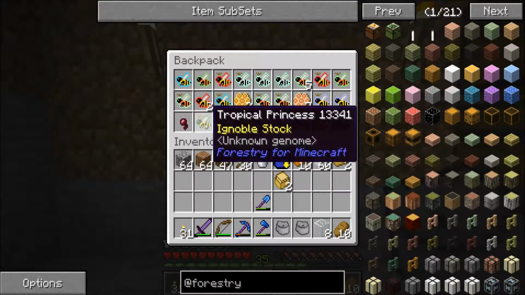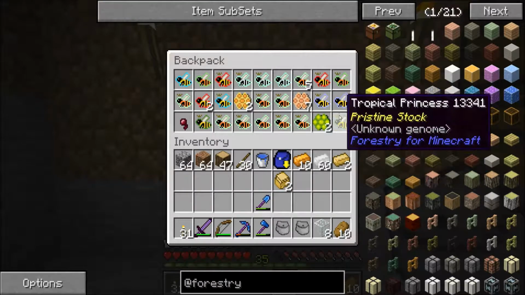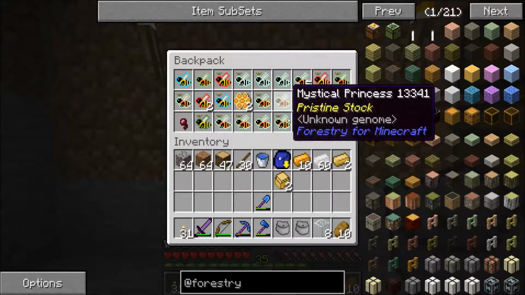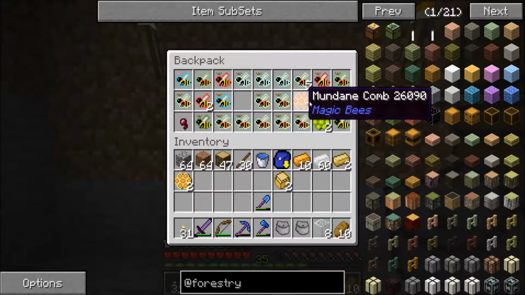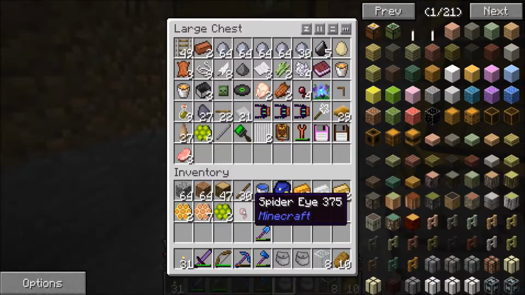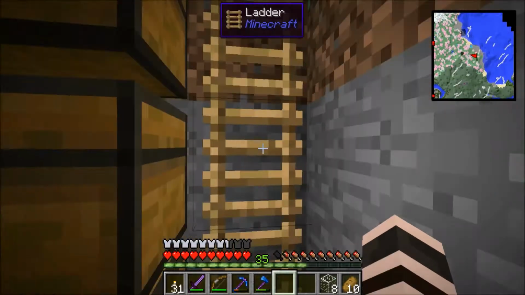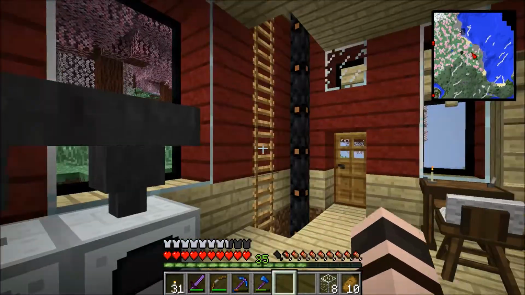I don't know what the spider is doing there, but we have the tropical, the forest, and we have the water. Which is fairly difficult to get, and some more of the magic, the unusual and the mystical. I think that might be all three of the magic bee, the starter bees, so to speak. I'm not 100% sure, but we will find out. I'm actually going to need these honeycombs. Let's get that spider eye out of there. We don't need you. And until I figure out what I'm going to do with this, we're going to actually just throw these there. I'm going to go ahead and make a bee chest, and we're going to make some